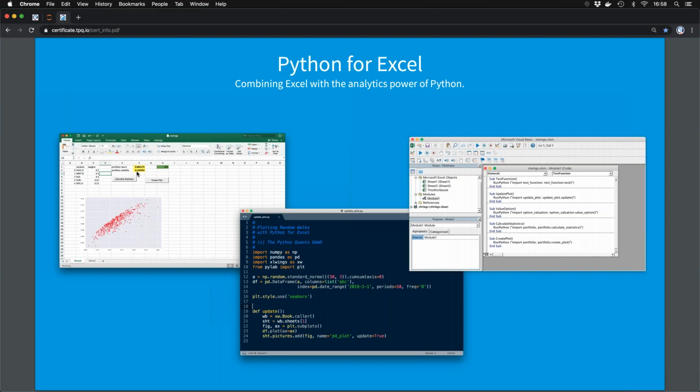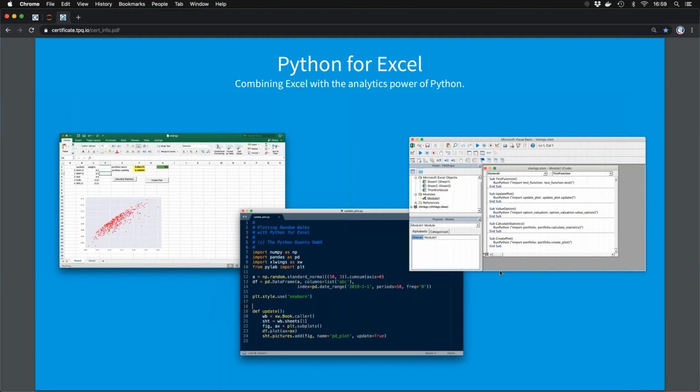It doesn't need to be on the highest professional level, but an easy to use, easy to implement graphical user interface. And in the back end, when I click on such a button, then it's not VBA that takes the heavy workload. It's maybe rather Python. And what you learn in all the other classes you can combine here with the ease of usage of Excel without the need to develop dedicated GUIs.